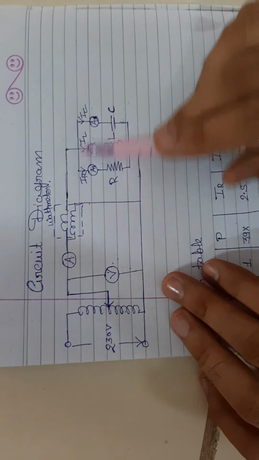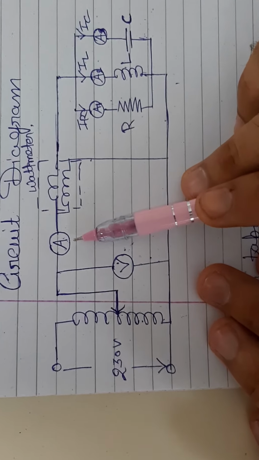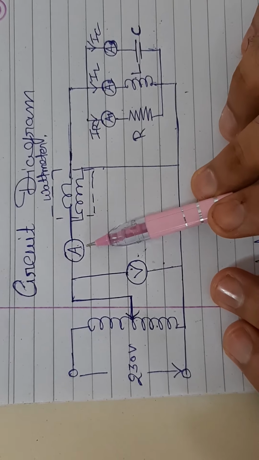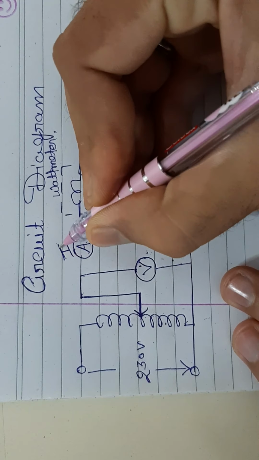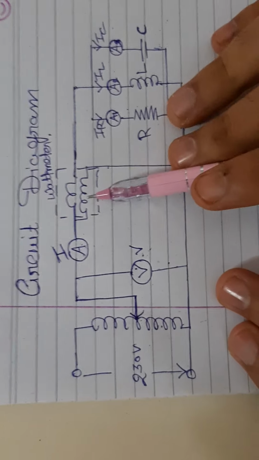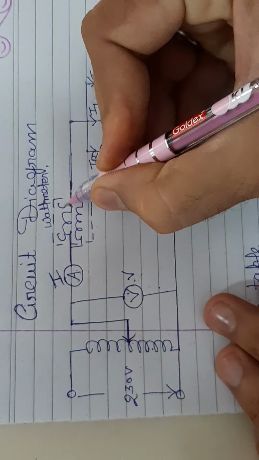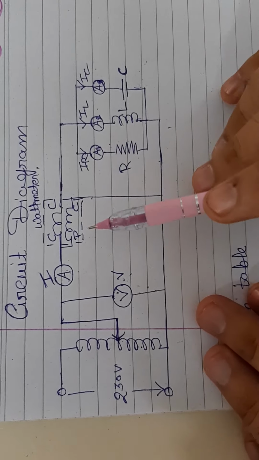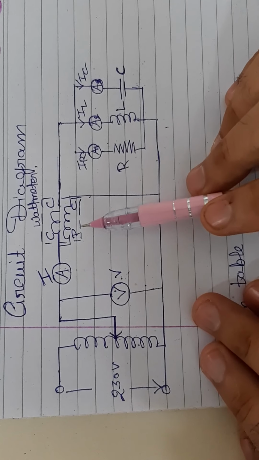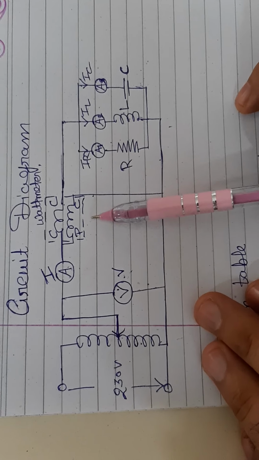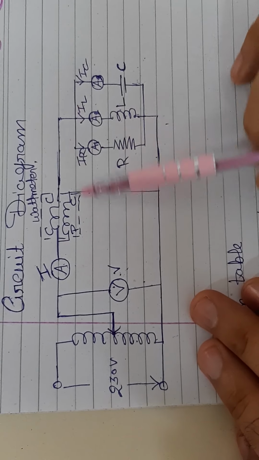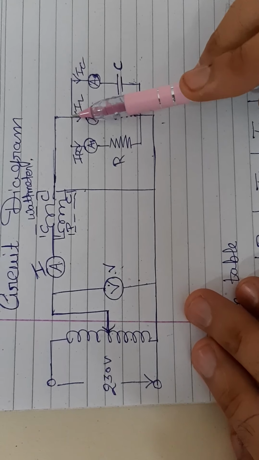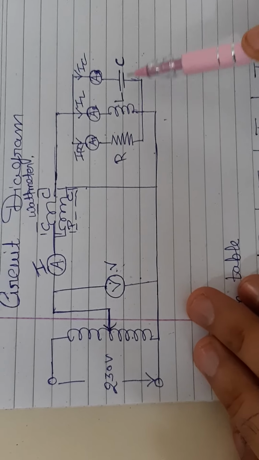Next, we need to measure the complete current of the circuit, which means we have to measure the total current of the circuit. So we have connected the ammeter, which will measure the current I. The voltmeter will measure the voltage V, and there is also a need to measure the total power of the circuit. So we have connected the wattmeter in the circuit to measure the total power. The point taken at the output of the wattmeter is connected with the shorting point of the resistance, inductance and capacitance.